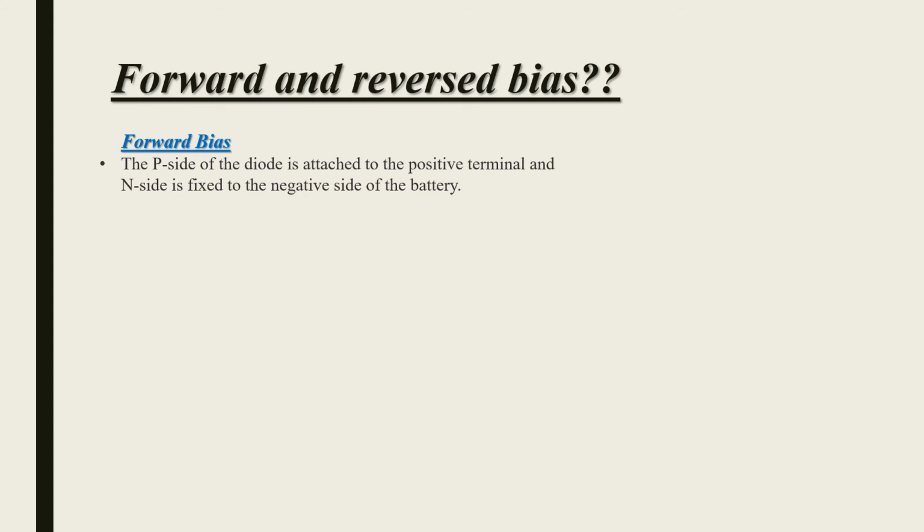इफ़ यू नो दिस फॉरवर्ड बायस, देन आपको पता होगा कि पी साइड जो होता है किसी भी डायोड का, जो पी साइड होता है, जब वो पॉजिटिव टर्मिनल से बैटरी का कनेक्ट हो, और एन साइड जो होता है, एक डायोड में दो साइड होते हैं, उसका जो टर्मिनल होता है एन साइड अगर निगेटिव टर्मिनल से कनेक्ट होता है बैटरी के, तो in that situation you say that this one is forward bias. Okay,